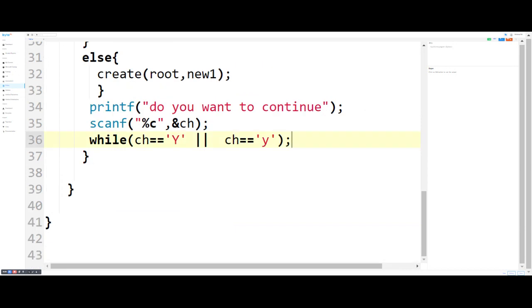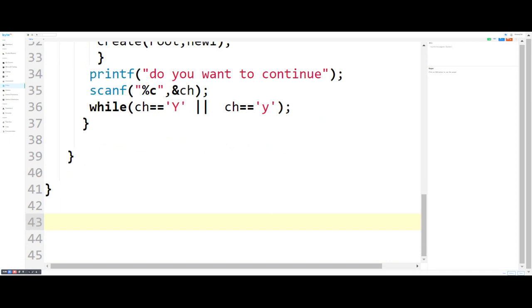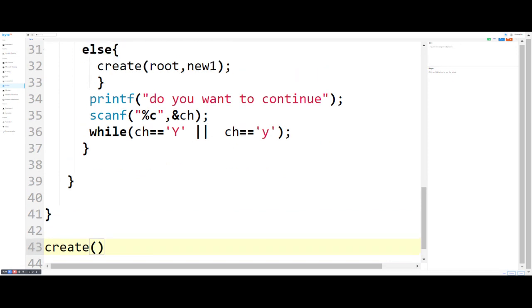So look here, our next step is to create a node, meaning create a create function. Here it will take two arguments, root and new one.